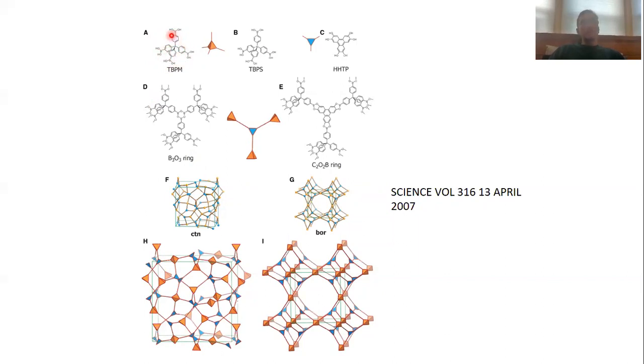Okay, so here you have a tetrahedral building unit in which you have a carbon in the center, or a silicon in the center, and then that carbon and that silicon respectively is surrounded by 4 phenylene units in a tetrahedral fashion, which have here 4 boronic acid units in para position. Okay, and if you then polycondense this kind of molecule with hexahydroxytriphenylene as before, then you can achieve